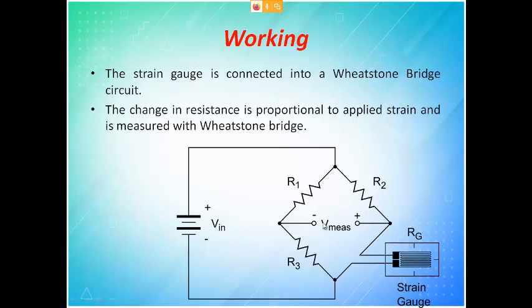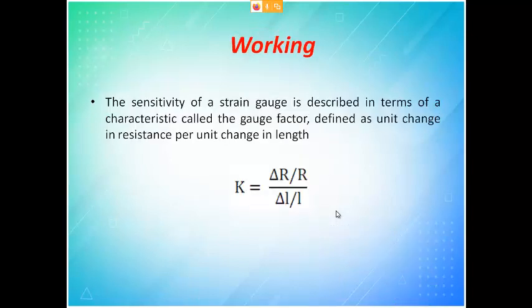Initially this part will show a particular value. Once there is a change, this will change. That is what I have got in terms of electrical output. So from mechanical I have got an electrical output. From this I will feed an amplifier, and then I will use some meters to show it. Okay, so this is how this is going to work.